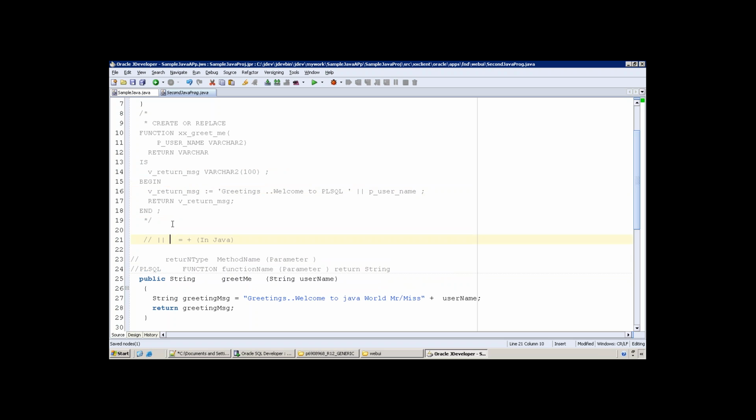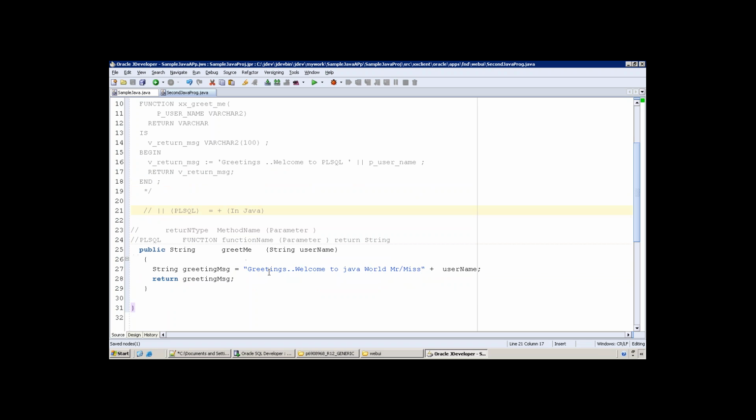Gotcha. Simple. This is the difference. Now, if you want to invoke this program, let us say now here I don't have